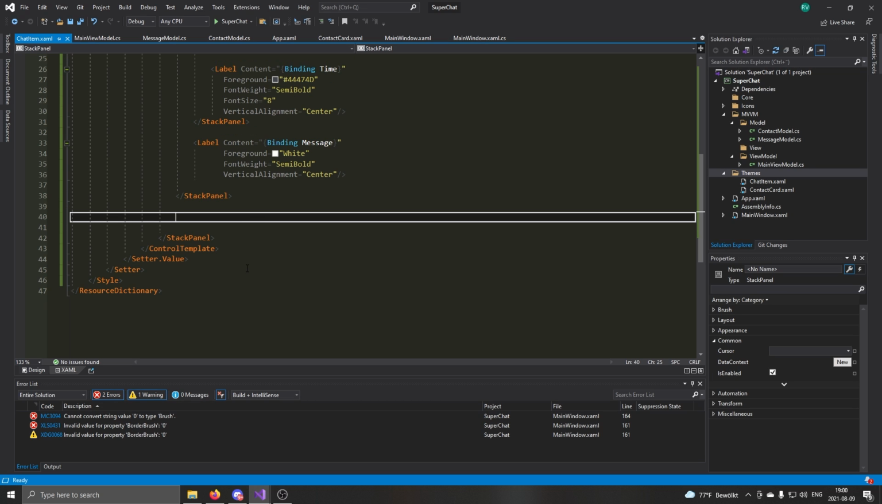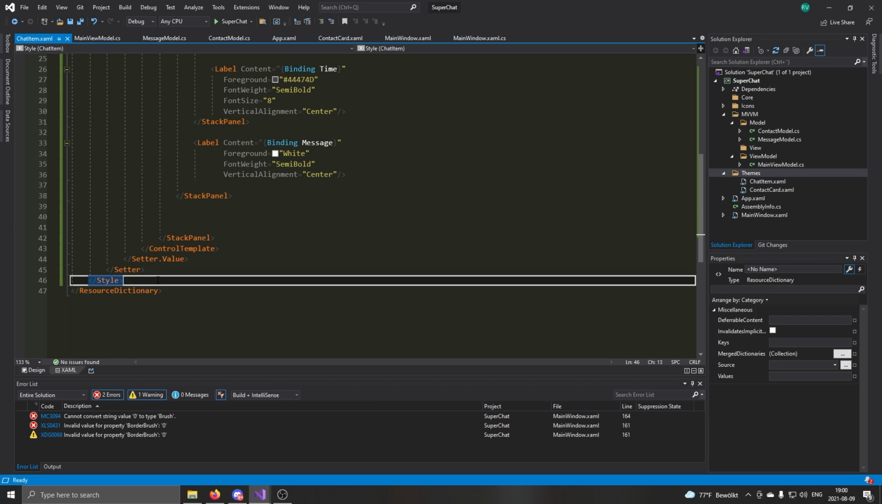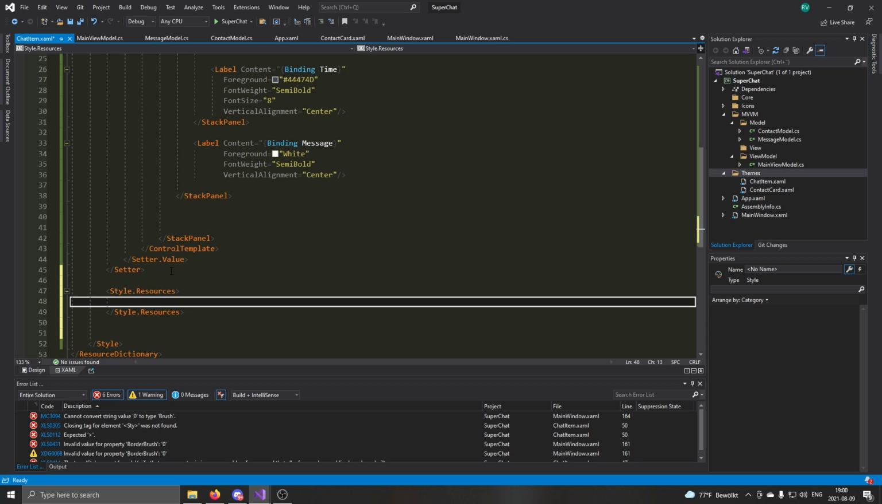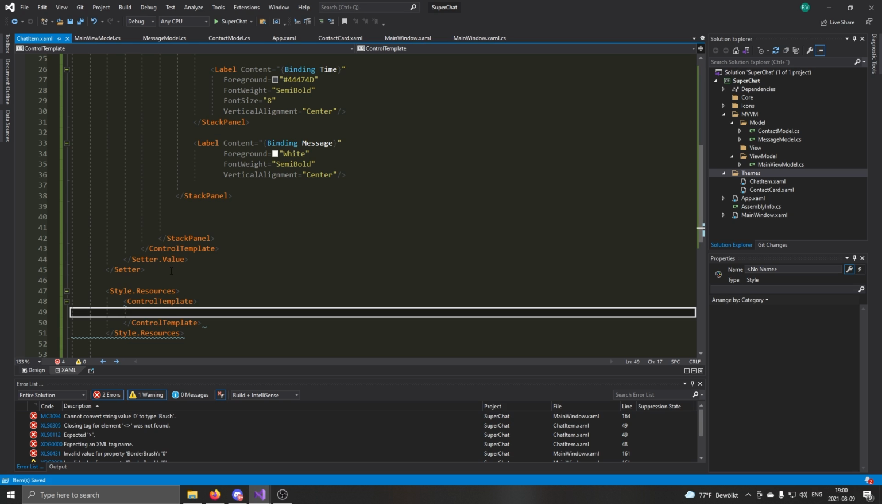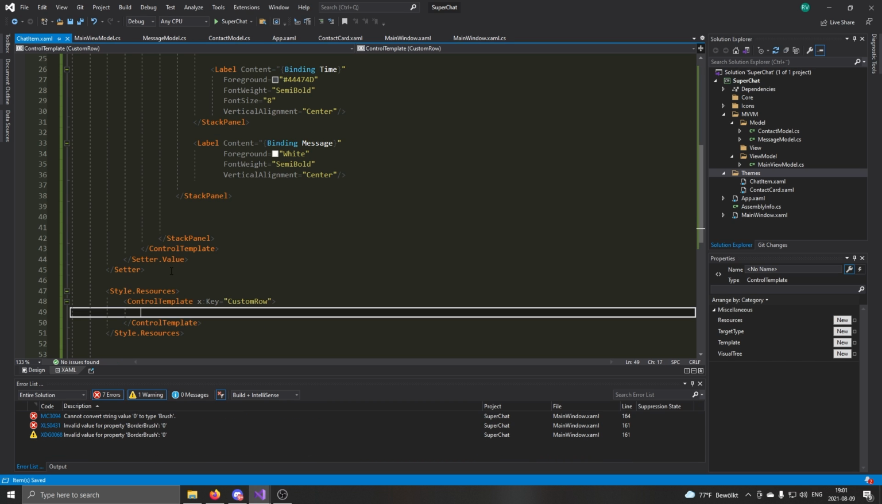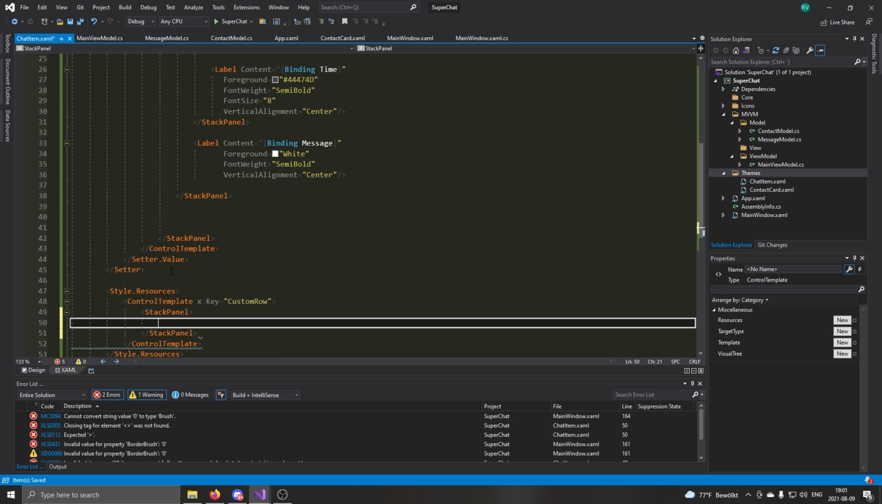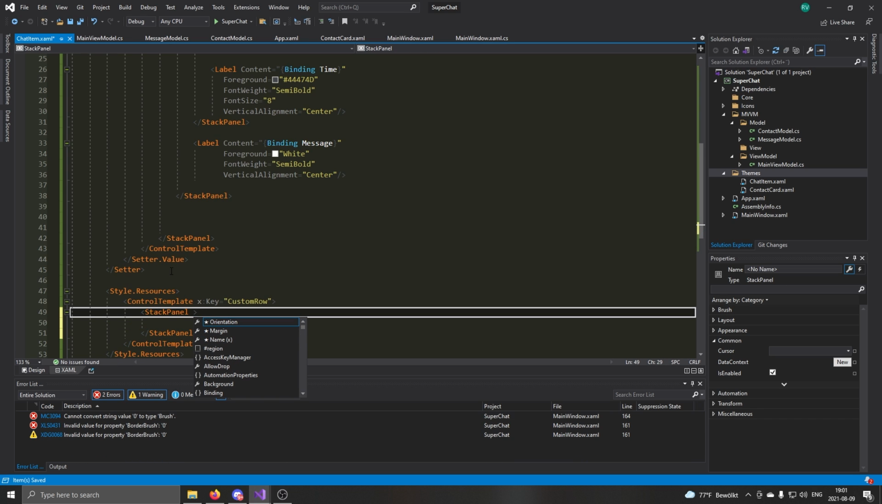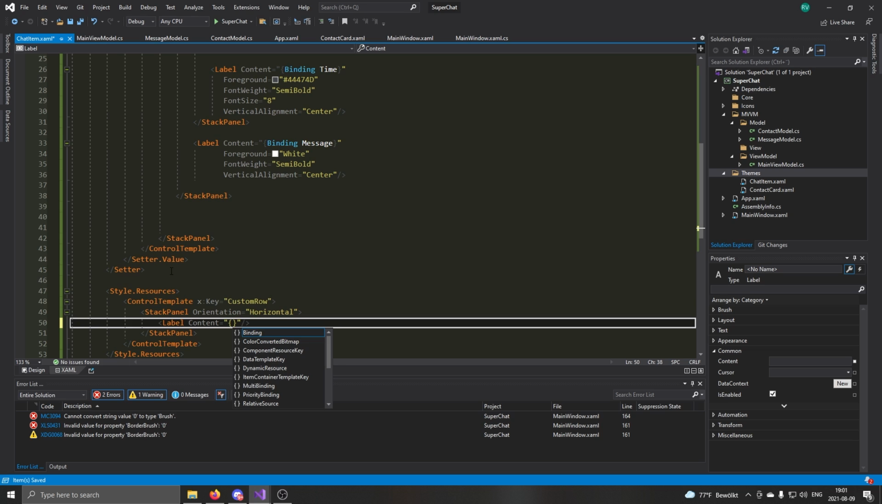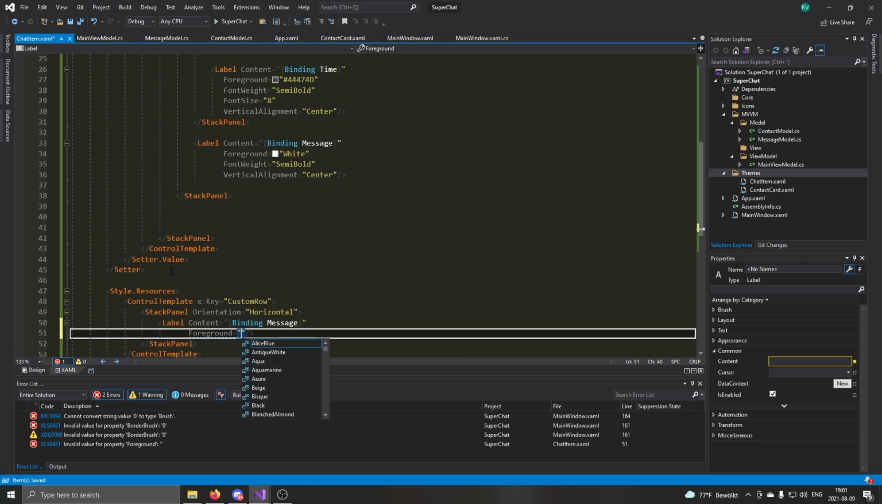Now the last thing we need for this theme is underneath the setter. Want to do style.resources. We'll do a control template. There we go. We'll give it a key of custom row. We'll do a stack panel. Orientation is going to be horizontal. And we'll create a label in here. We'll bind the content to message. We'll do foreground